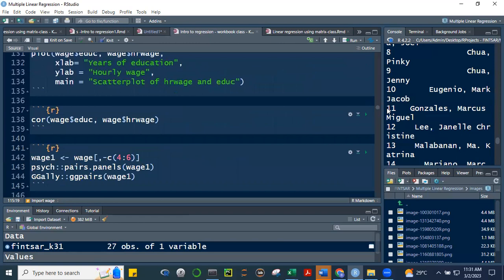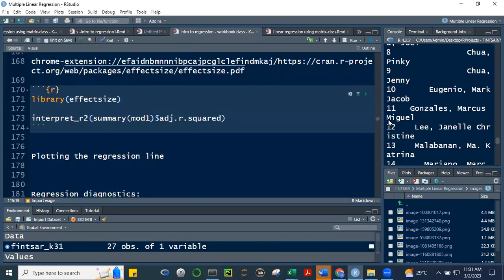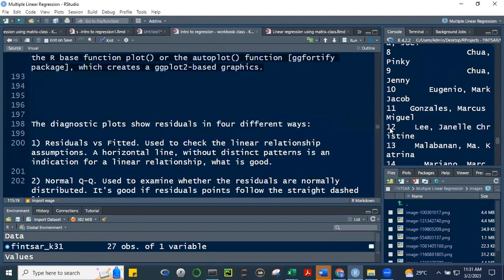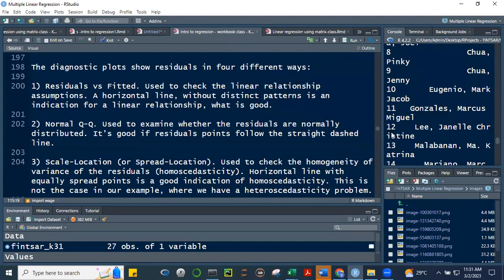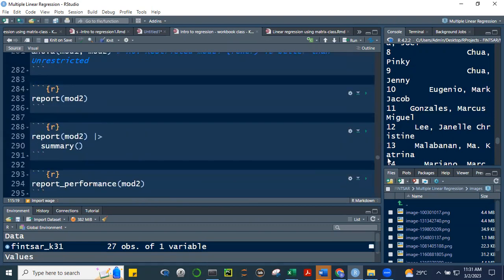Okay, so let's go back to what we were discussing last time. Let me start with, okay, what's this, the file? Okay, may I know where we ended class last time?